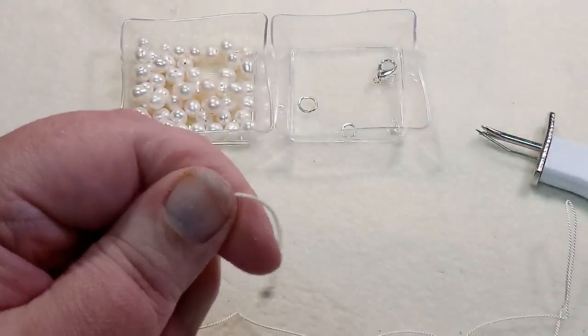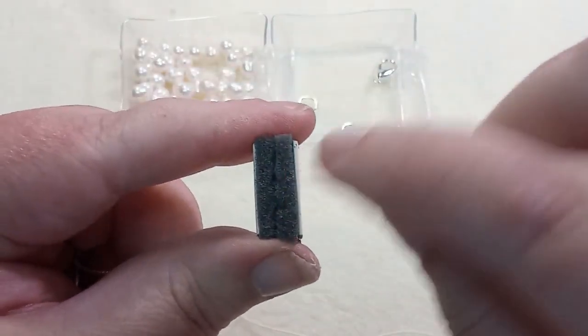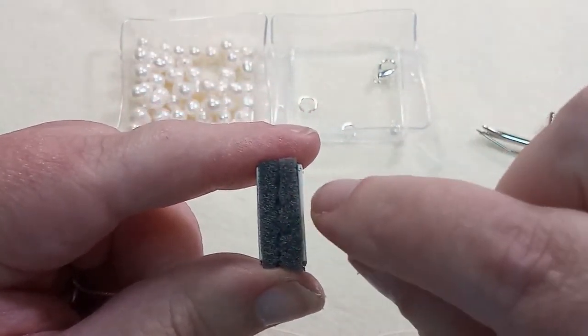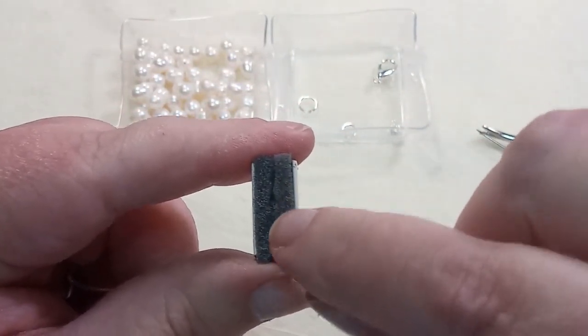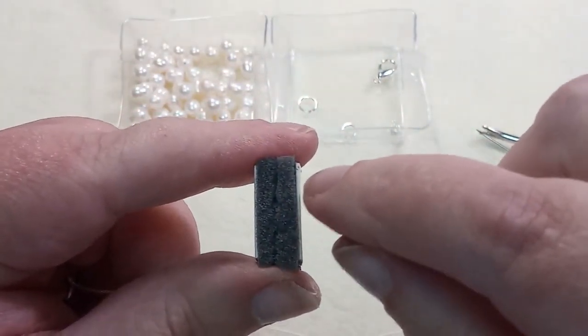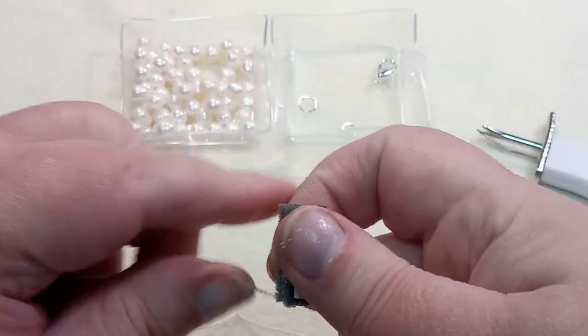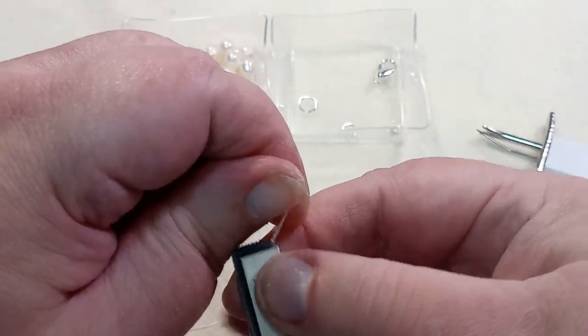Okay, now I'm going to put my little spacer. I don't know that it's got foam inside, and I thought it was supposed to have a slit down the middle, but when I got these, they didn't have a slit down the middle. I just took my box cutter and made a slit down the middle. I don't know if maybe they're not supposed to, or maybe I got a defective one. I don't know, but I'm going to put the thread in that slit. I'm going to pull it down,